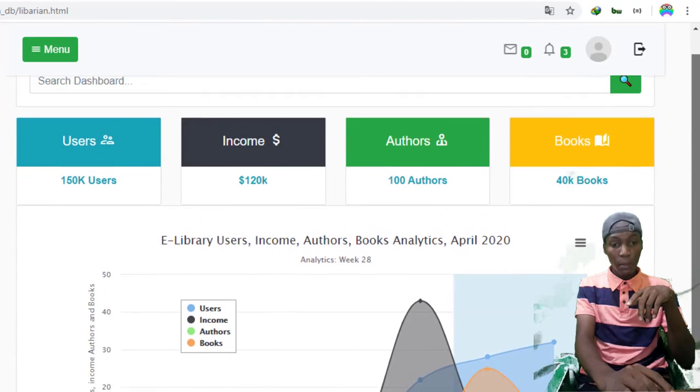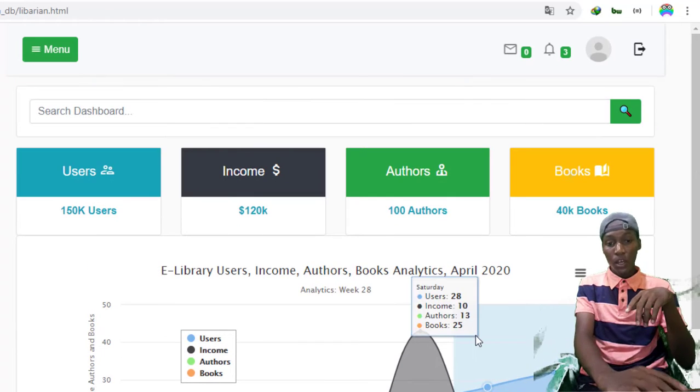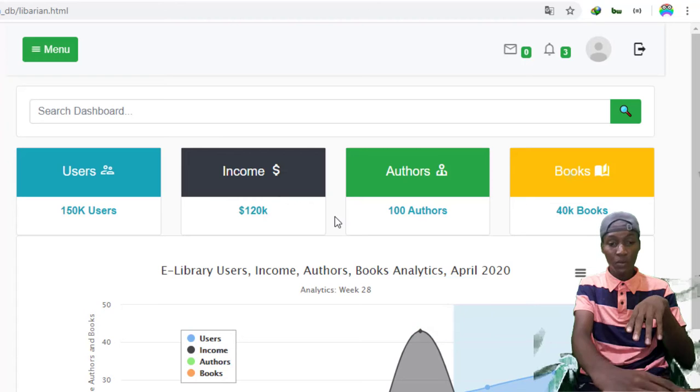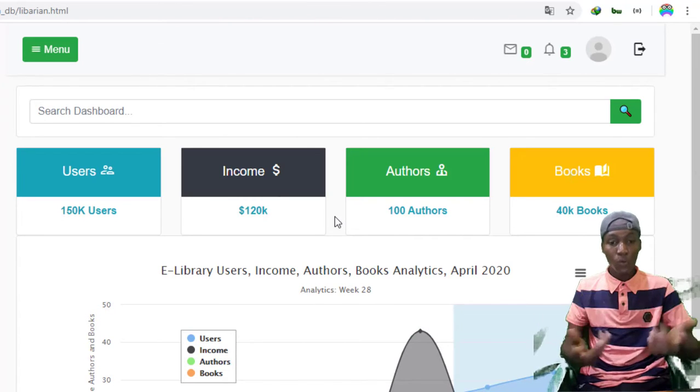Here's just the home button. We have some cards over here. I used Chart.js to create this. So maybe the backend developer is going to be using asynchronous JavaScript to fetch data from the database, in whatever format, and paste it over here. I guess it will be very simple for the librarian to visualize that data.